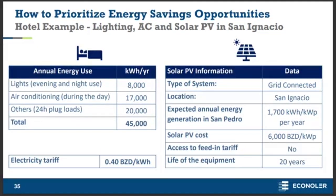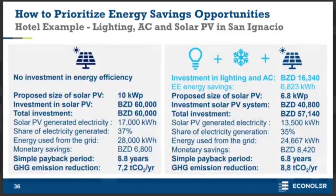So lastly, we have an example here of a hotel, for example, in San Ignacio, with annual energy consumption of 45,000 kilowatt hours, and we have here a few parameters regarding solar PV panels. So what would be the expected annual energy savings and the cost of solar PV, and we also have the electricity tariff. So if we go to the last slide, Maritza, we can see on the left side that maybe we invest